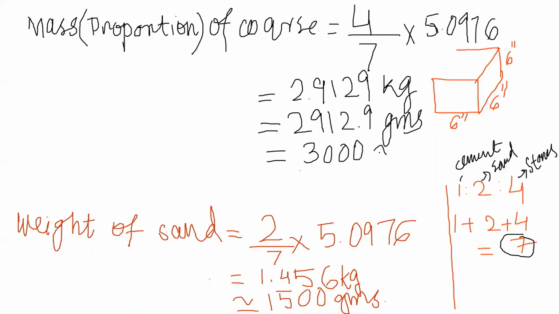So this is the way to calculate the amount of cement, coarse aggregate or fine aggregate for the proportion of 1 is to 2 is to 4. So hopefully you will get my point. When you get all these weights of coarse aggregate, fine aggregate and cement, then you have to take them according to this proportion and then mix it. So let's get back to the lecture and where we were.